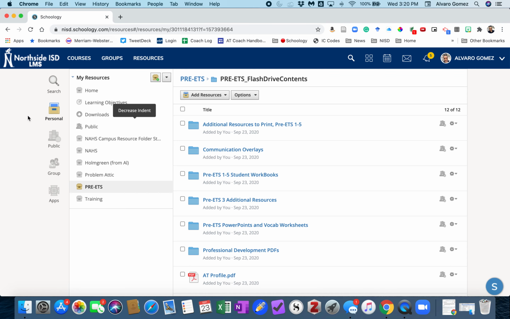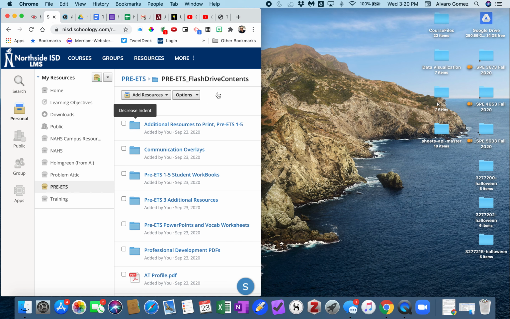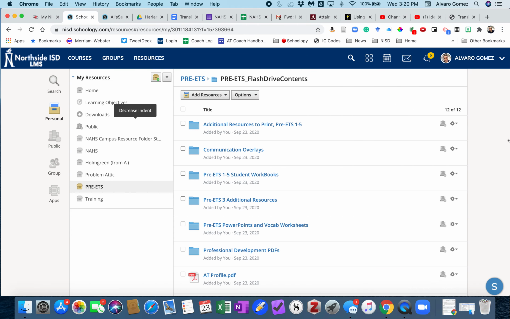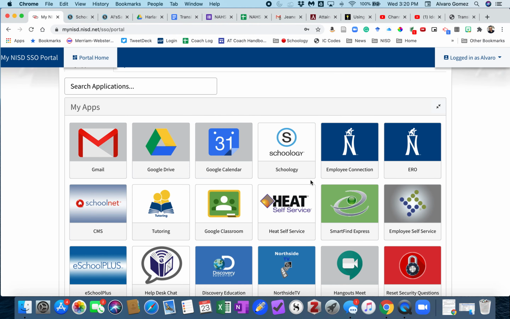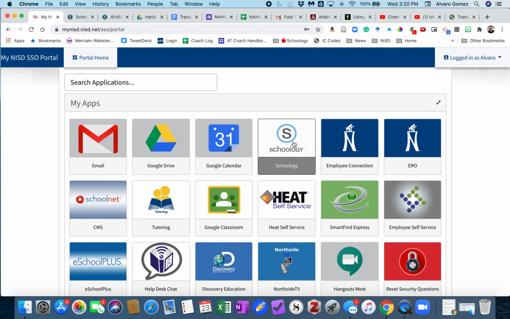Okay, so where can I start? You know how to get to Schoology, right? And if you don't, I'm gonna start from the very beginning. When you're in your portal, you should have Schoology, right? So look for the icon, click on it. If the portal is turned back on, by clicking on it, it's gonna take you directly to Schoology. If it's doing what it has been doing,